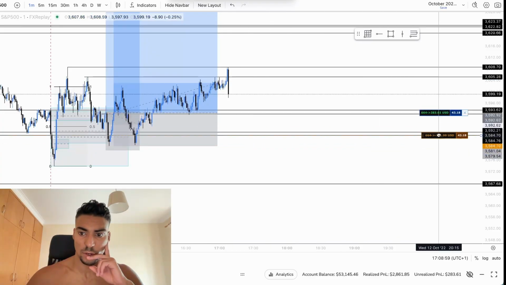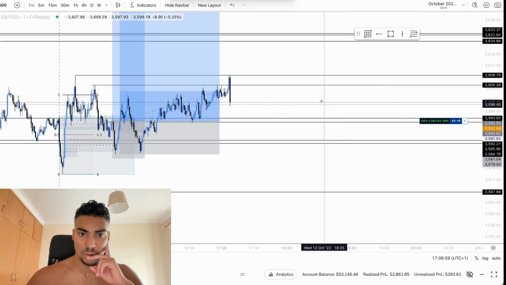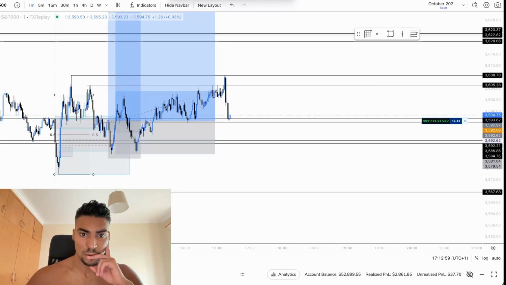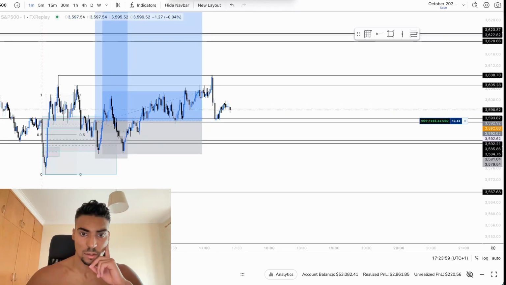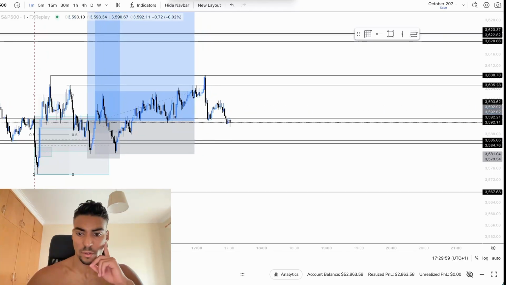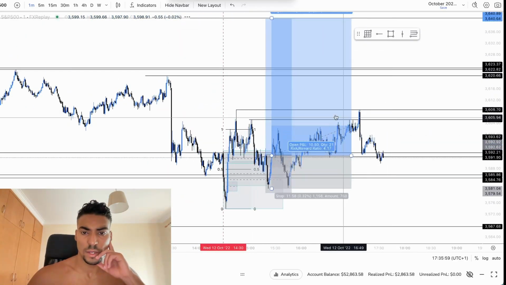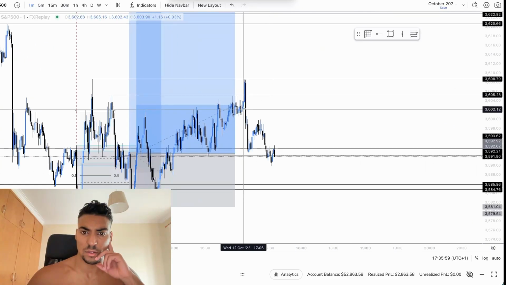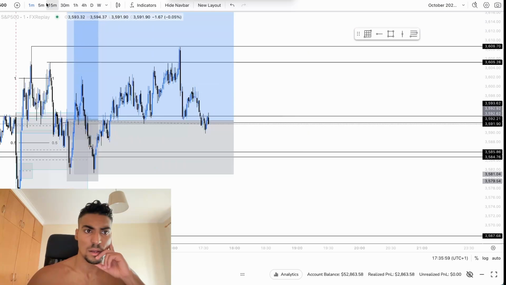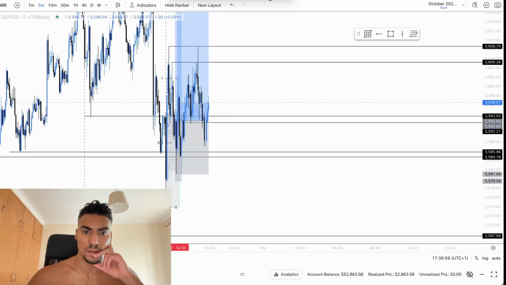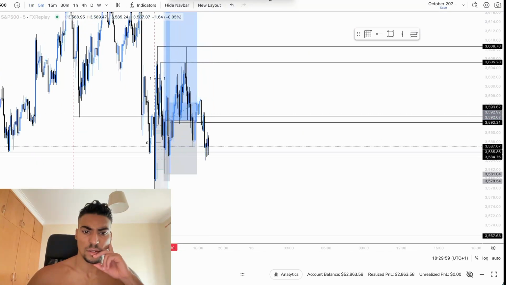Okay, I forgot to put it break even and forgot to take partials as well, but I'm going to put break even right now for you guys to see. And stop out. Not yet. Nice. We are not stopped out yet. We got, yeah, okay, we got stopped out there. Okay, should have taken some partials here. Forgot to take just because this candle went up and then I clicked again and it went down so quickly. But yeah, should have taken some partials there and would have eaten a little bit of my losses.